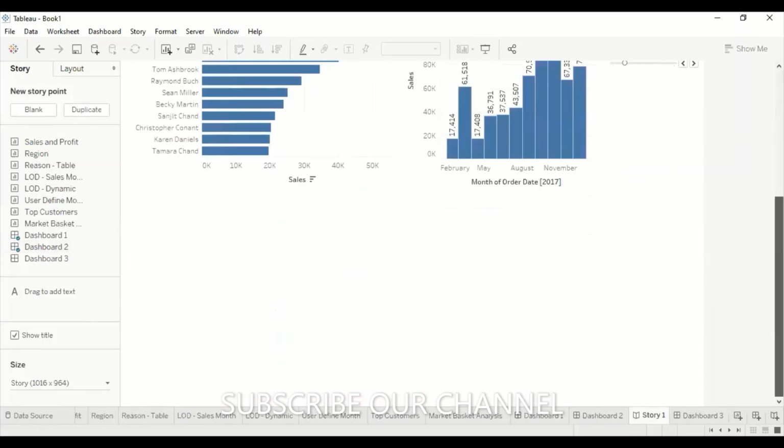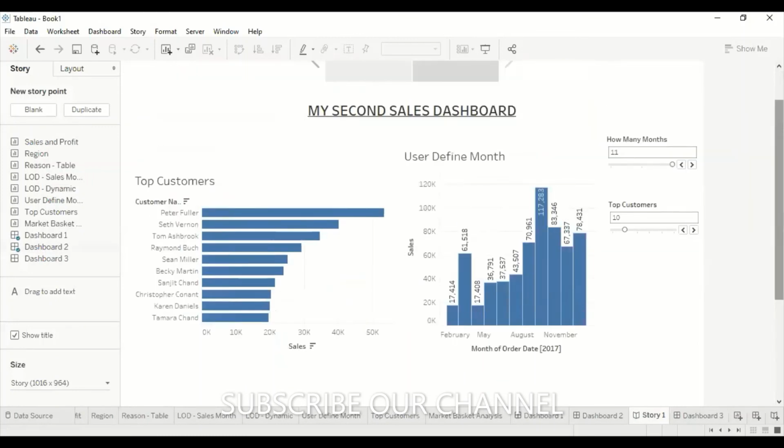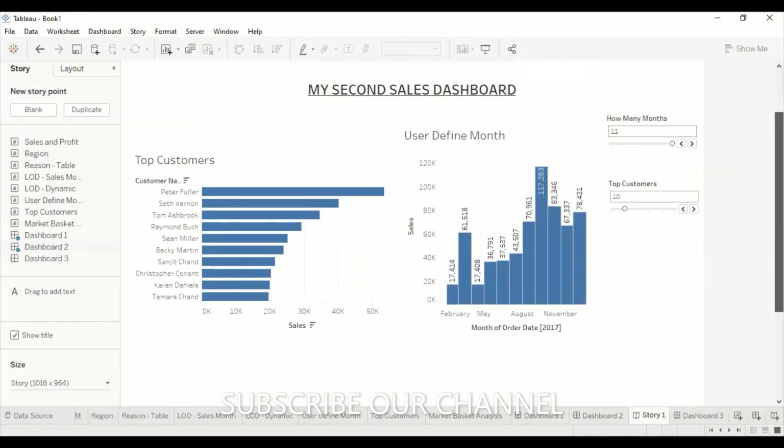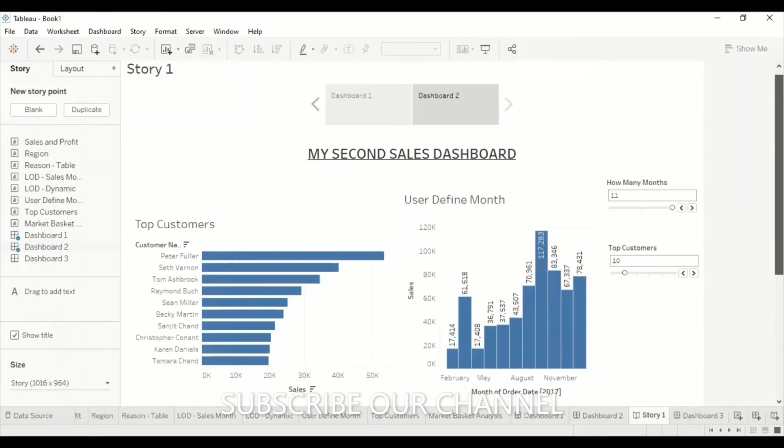You can use this one, or you can align, you can occupy almost all the areas. So create the sheets, drill down the data. After drilling down the data, in the end you have to bring all of it here in the story and present this story to the manager. Just like how we present a PPT, in the same way we are going to present our story dashboard of Tableau.